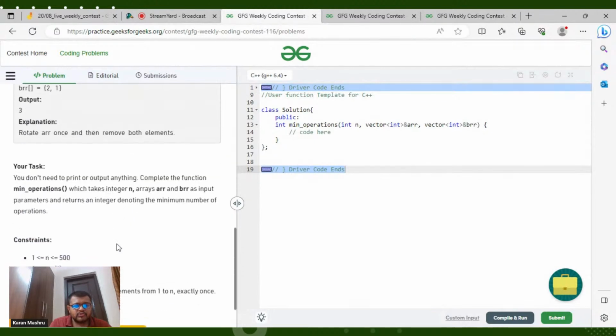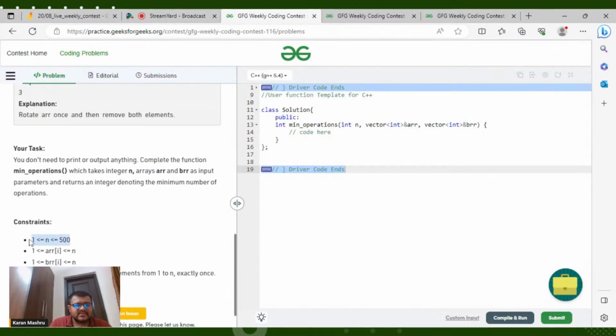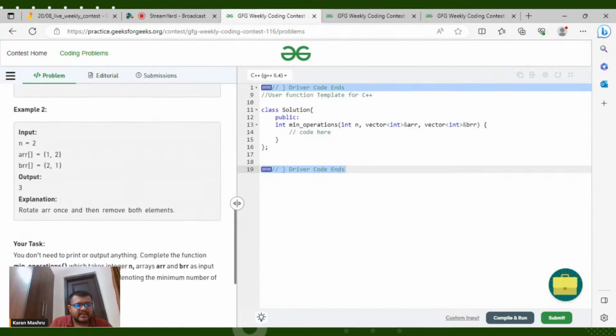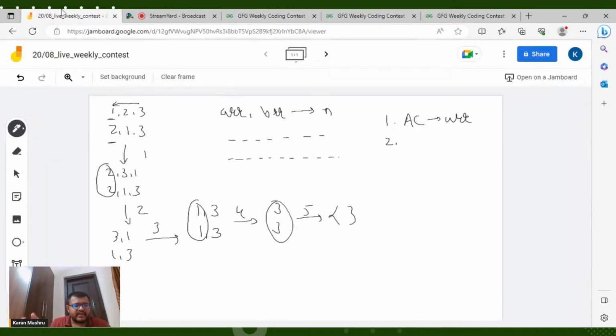Also here the value of n is up till 500, so you can use two for loops, right? And at max it will go in n square time, because see, suppose my first array is 5 4 3 2 1 and the second array is 1 2 3 4 5. Then in order to remove the first element,